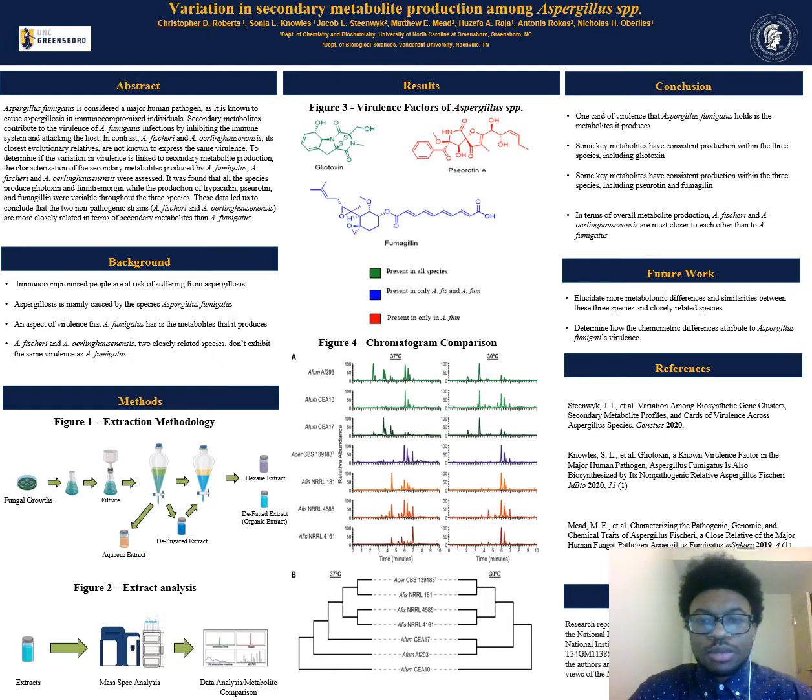One possible reason Aspergillus fumigatus has such a high virulence is the metabolites it produces. One example of this is gliotoxin, which is a metabolite that is very toxic to humans. The purpose of the study was to determine if there was a huge difference in secondary metabolite production between three